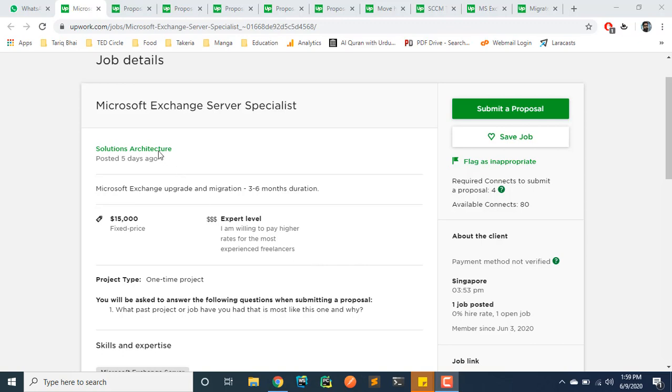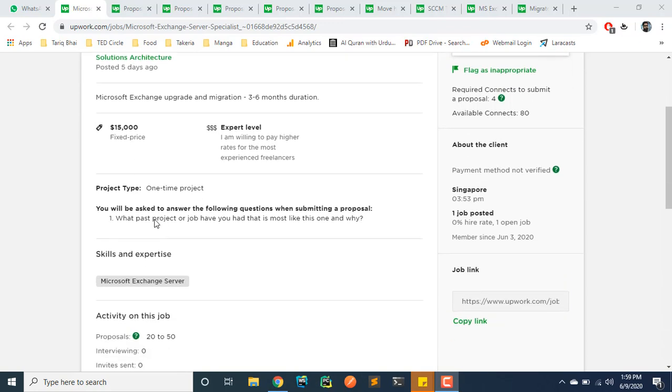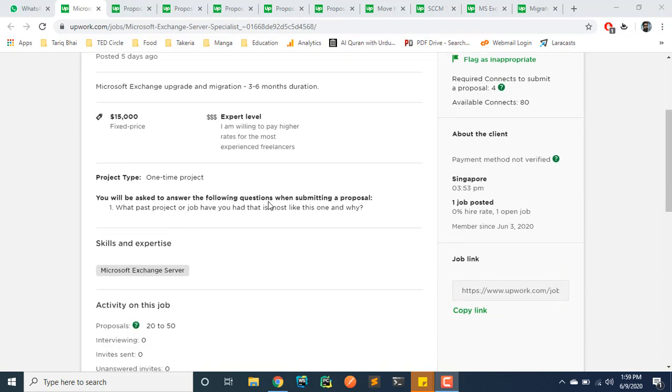So the first job that has been sent my way is Microsoft Exchange Server Specialist, Microsoft Exchange Upgrade and Migration, 3 to 6 months duration. The client is looking for someone at expert level expertise, and he is willing to pay about $15,000. It is once again a very generic job, but the thing is the client is in Singapore. Payment method is not verified, but